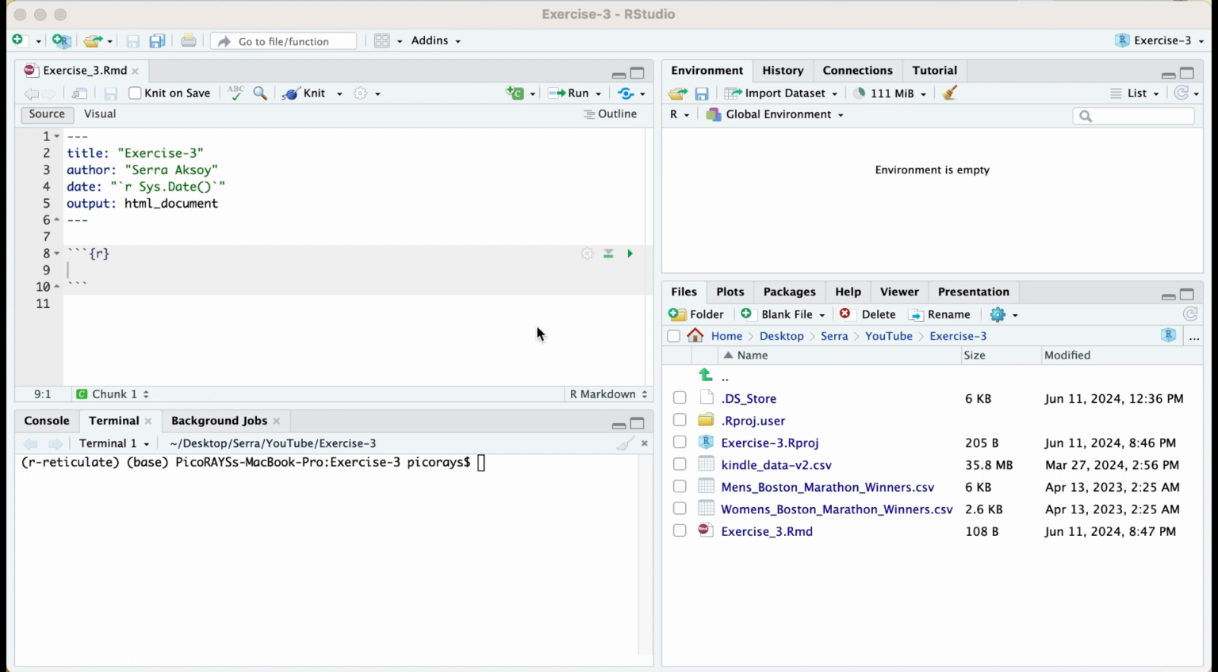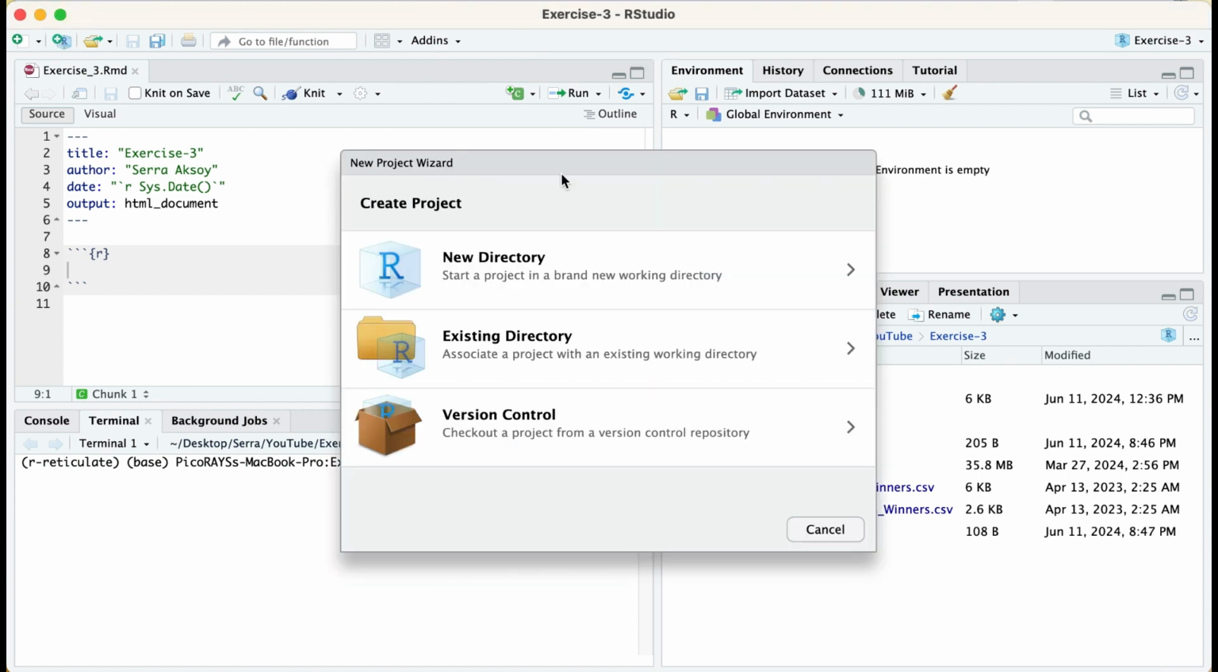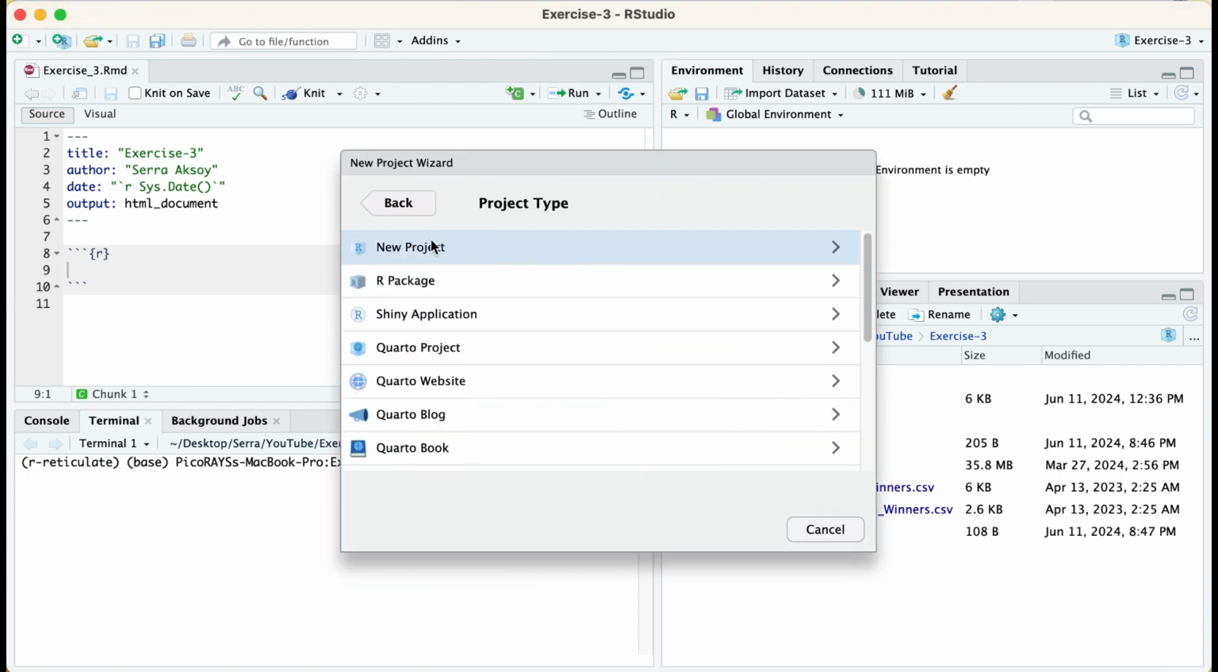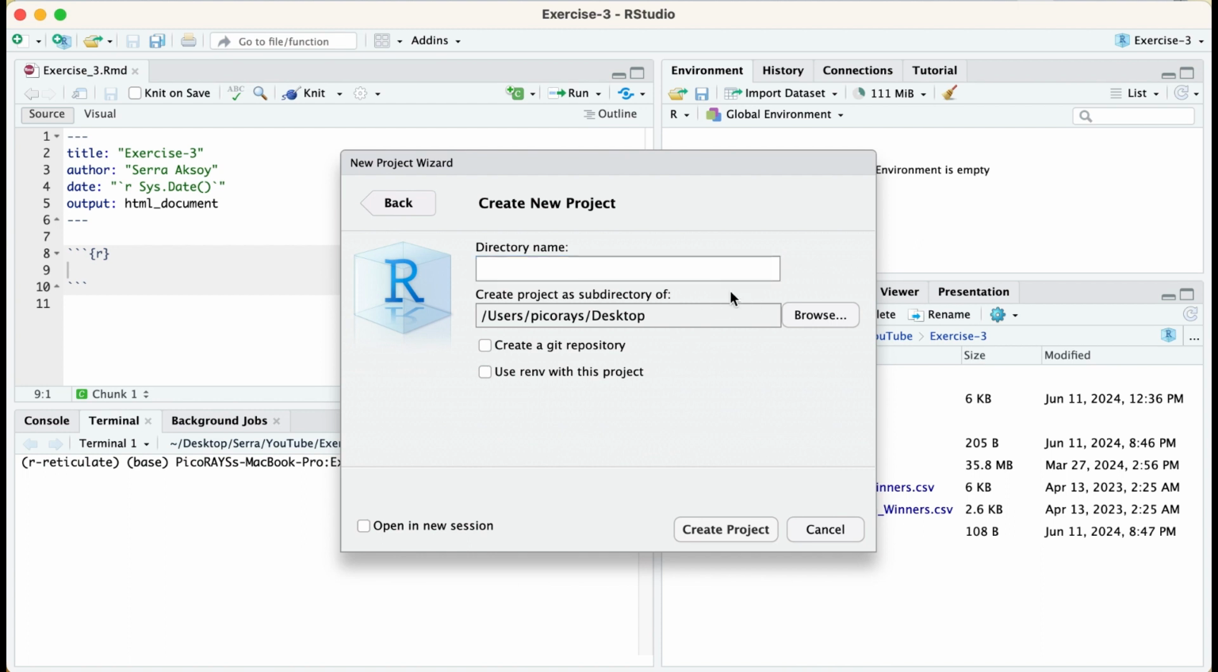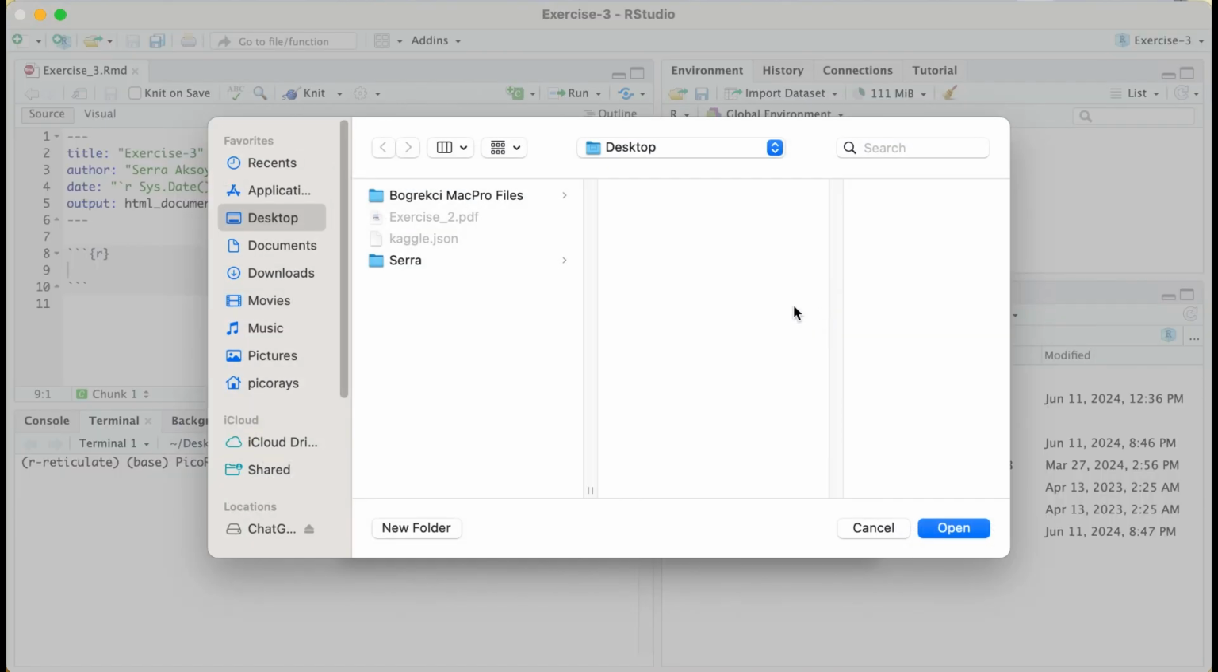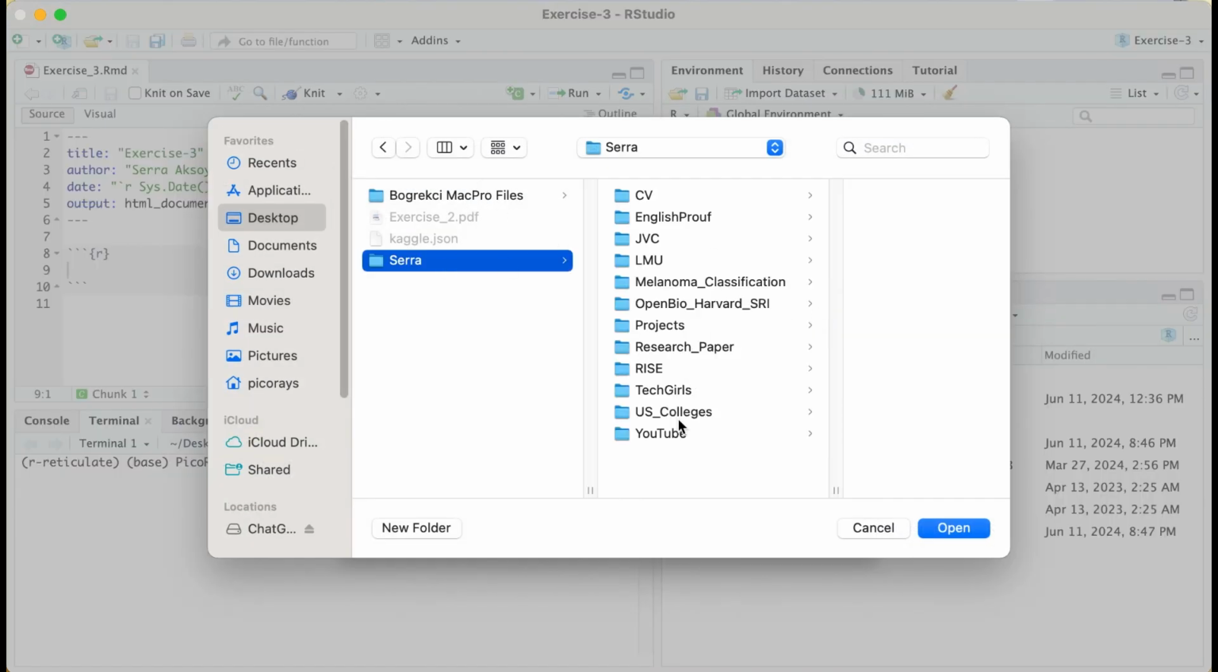In our studio, how to commit our changes and then also push them to our GitHub repository. So I'll be showing you how to create a GitHub repository too. But before that, we are going to be creating a new project, and with new directory, we can say new project. And then you can enter anything you want. For example, I can choose the exercise 3